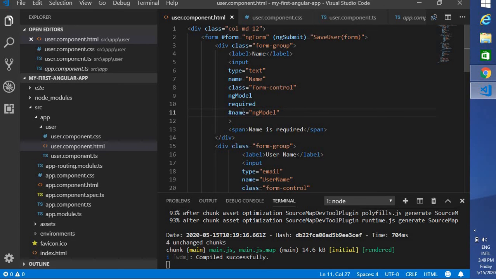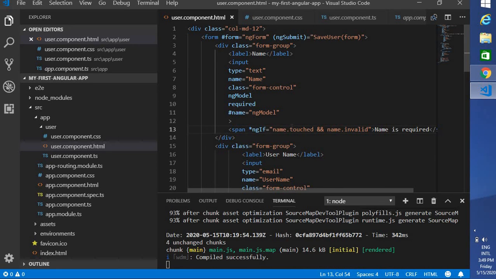Now I'm going to create an ngIf condition. It's nothing but a structural directive. I will explain this one later. If you are not aware of that, I will explain it in a later video session. So when name is touched and when name is invalid, that time I'm going to show it. So I'm going to write name.touched and name.invalid. Okay, so you can write it.